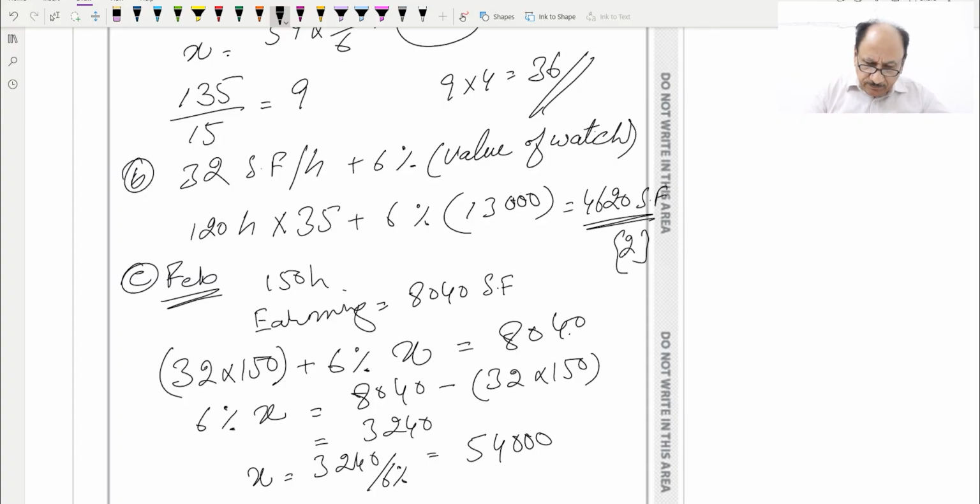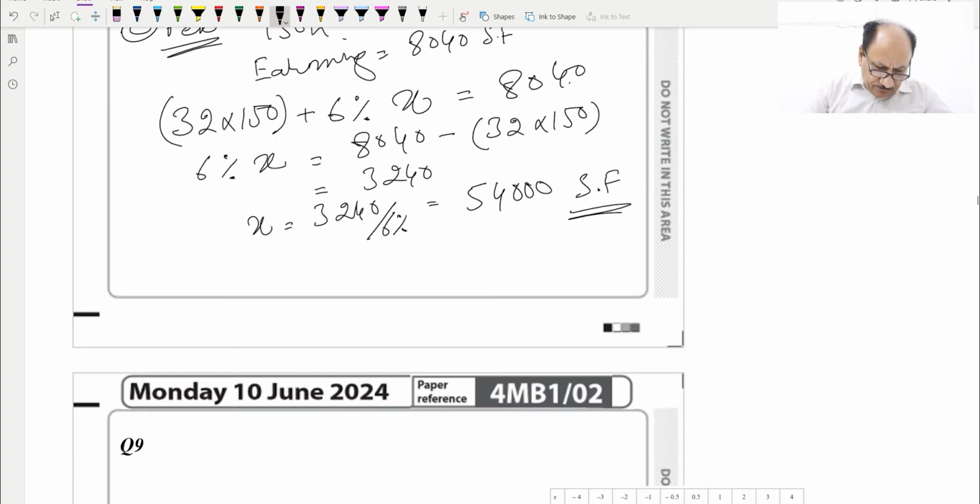This will be the amount which we have calculated. Calculate the value of the watches. So value of watches in Swiss francs, this one. Now for D part,